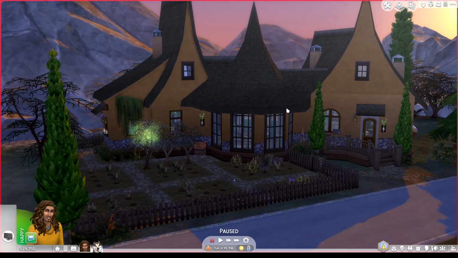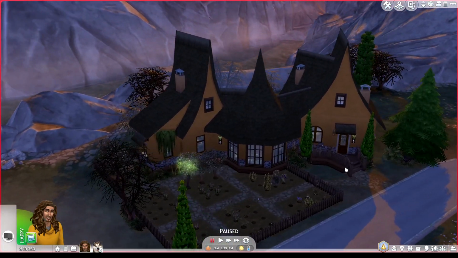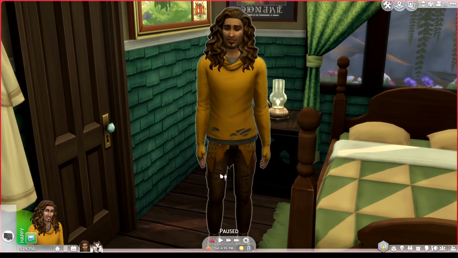And last but not least, we have this house called Narnia. Because, yeah, Lewis. And the guy who lives in this house is called Aslan Lion. Where is he? Aslan. What I basically want to do with him...